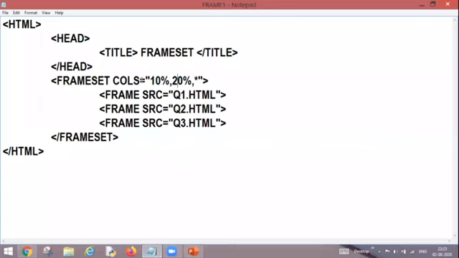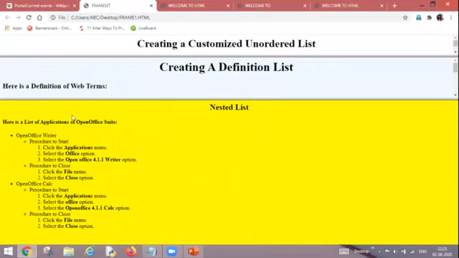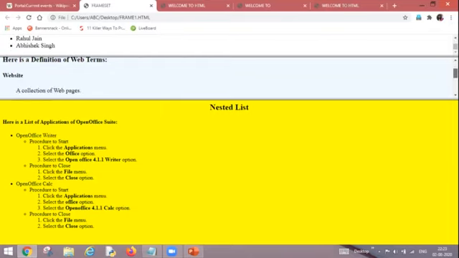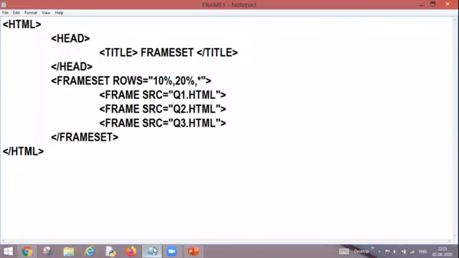Now, similarly, if I convert it into rows, so what will happen? Control S, and I can refresh it. It will be divided into this way. And now, instead of horizontal scroll bar, vertical scroll bar has appeared. So I can do it up and down. My second frame is also containing one scroll bar. And because my third frame is covering almost the whole web page, so there is no scroll bar here. So this is how we divide a web page into different frames, into different sections.